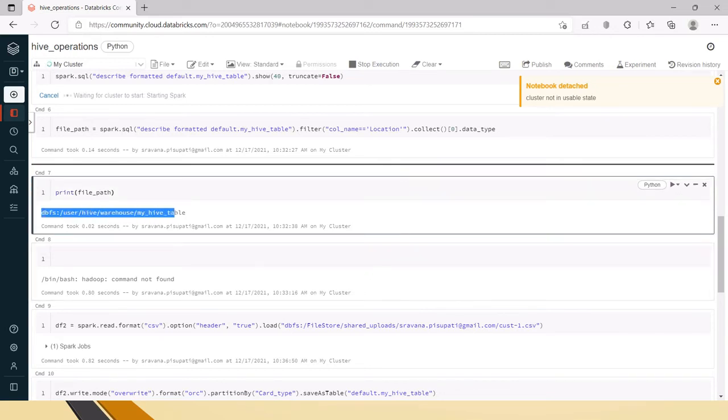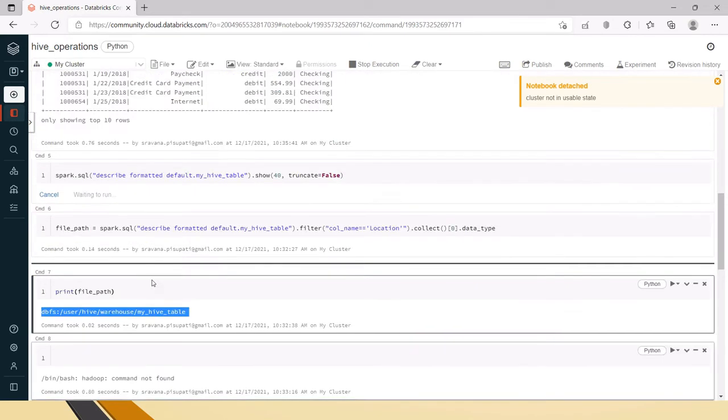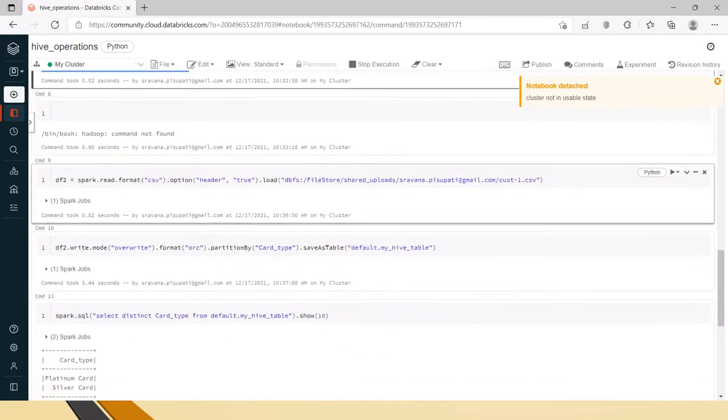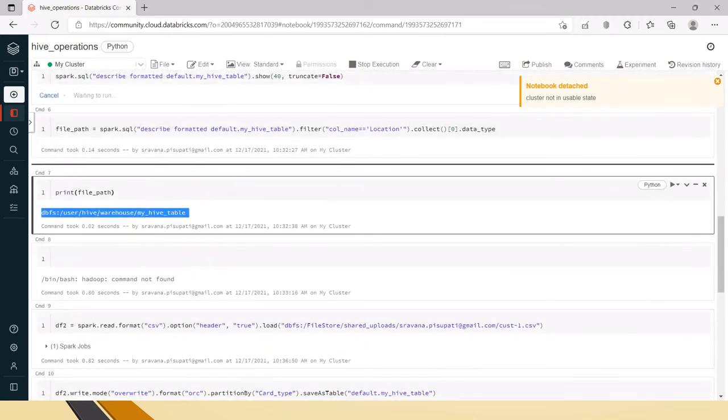But here when you do this, you should be getting some HDFS path because you will try all these things in the Hadoop cluster, Spark cluster. Or directly also you can try it, no need to try through a Spark job. You create some Hive table directly in the Hadoop cluster. You go to that underlying location, here you will get the location of the table, right? If you have some sample table also, you can directly get this location.